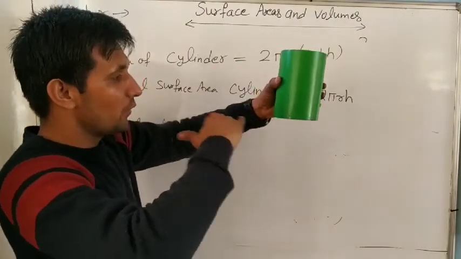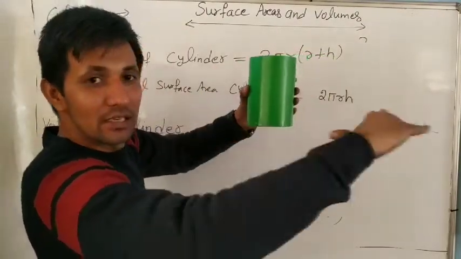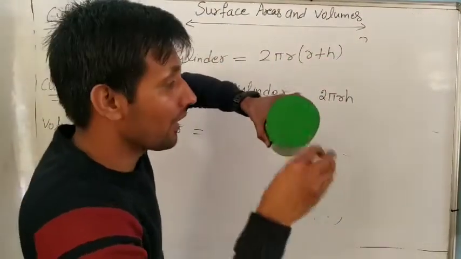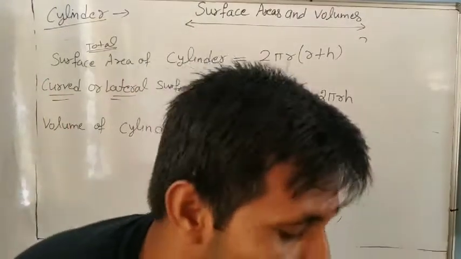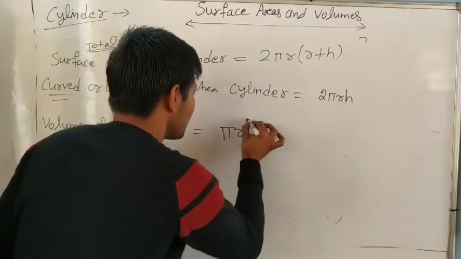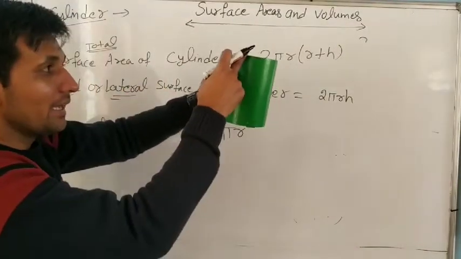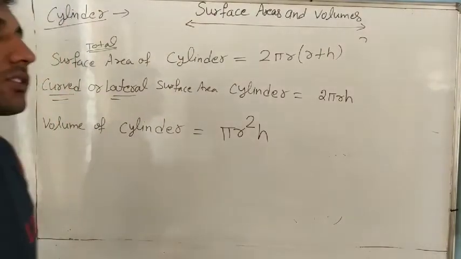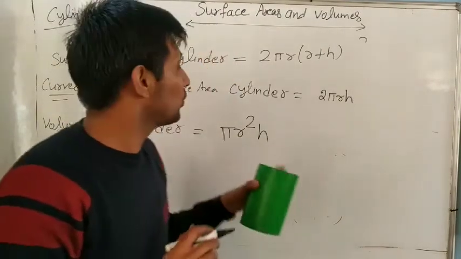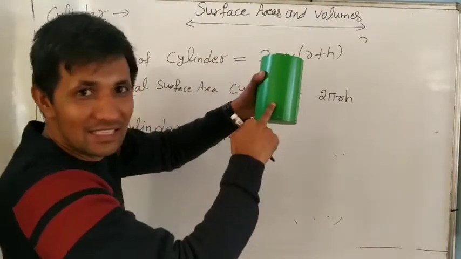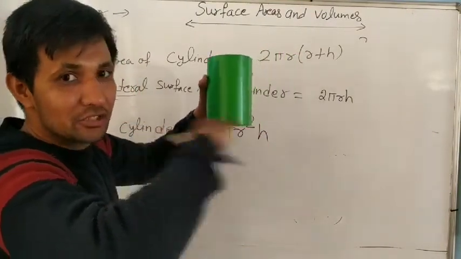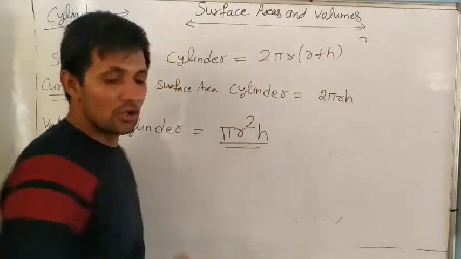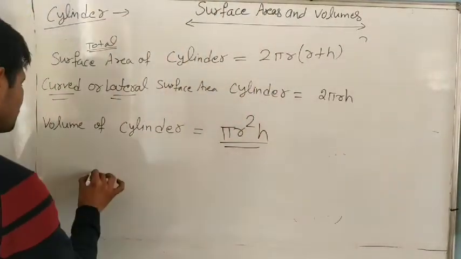Same as it is. If I slice this cylinder into many parts, every part becomes a circle. So area of circle pi r square into how many height? h is the height. Pi r square into h, pi r square h. Understand? Why multiply by h? Because its height is h given, so it means I cut it into h circles. How many circles? h circles, like this. And each one is pi r square. So you can remember it like this also.